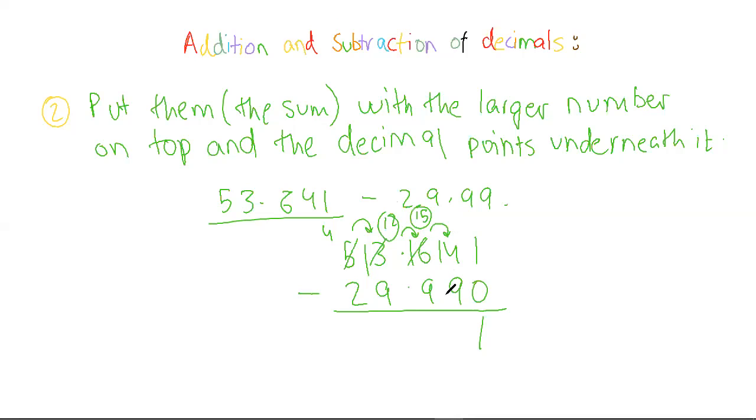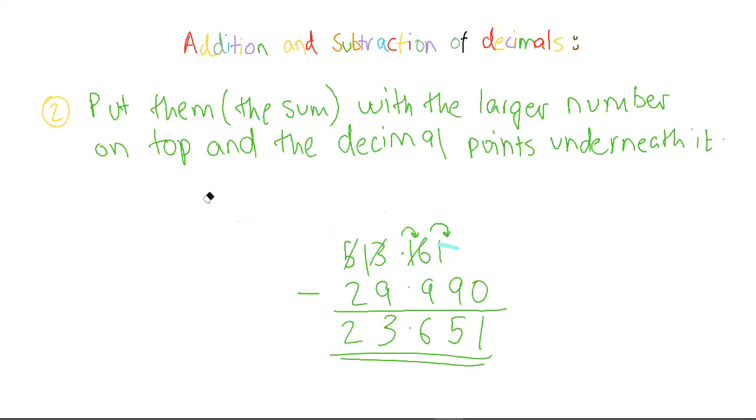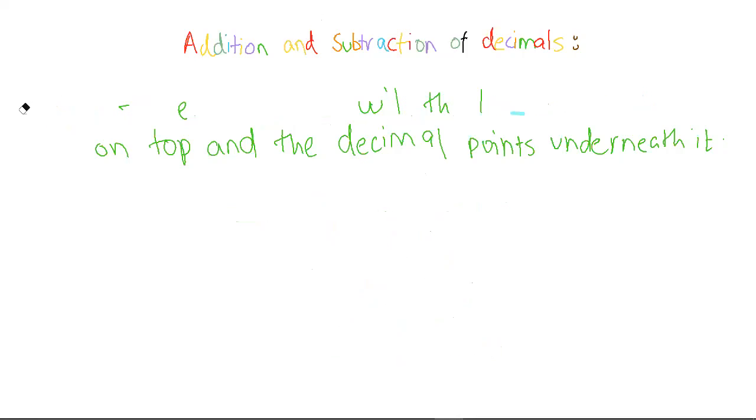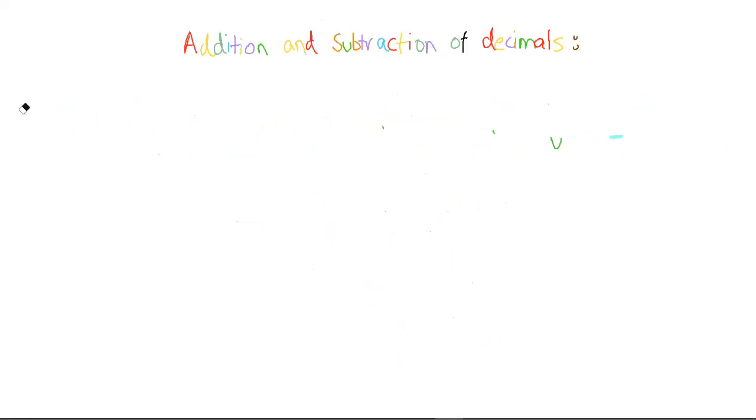So 14 minus 9 is 5, and then 15 minus 9 is 6. 12 minus 9 is 3, and 4 minus 2 is 2. So this is the final answer. Now we move on to the third rule. Okay, so the third rule is